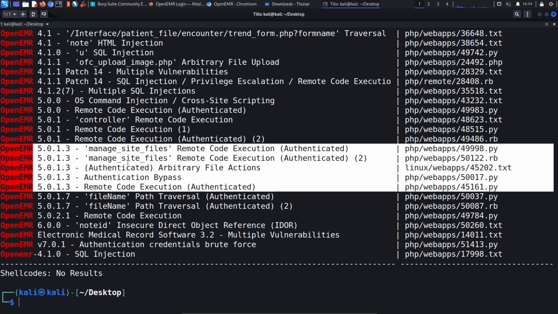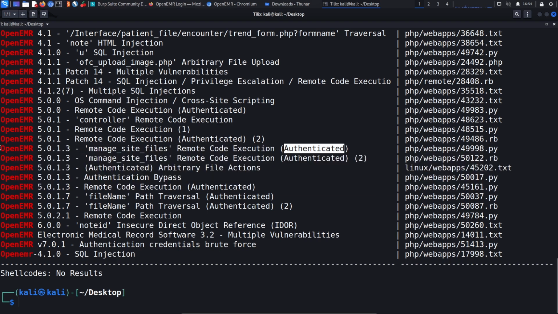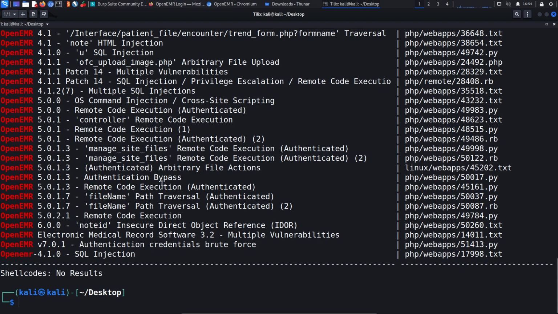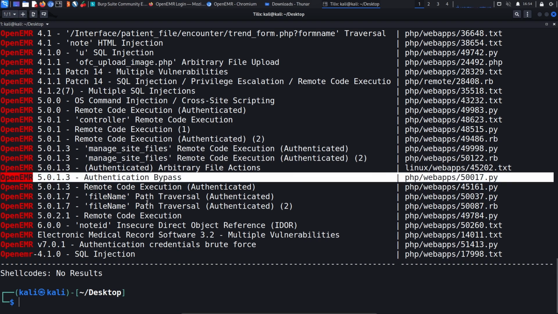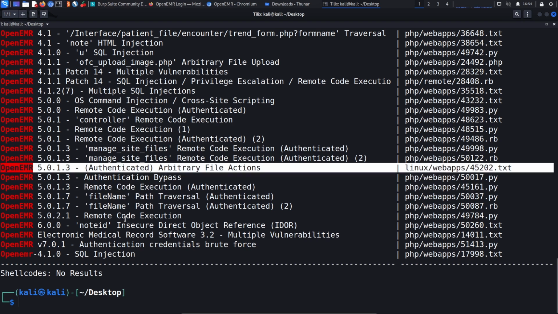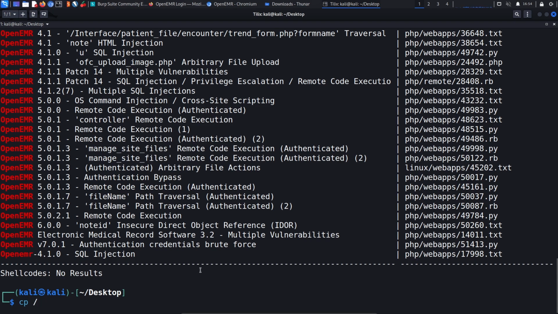And again, in our case, we're only focusing on directory traversal, but as you can see, we also have remote code execution, which most of these vulnerabilities for OpenEMR 5.0.1 variant 3 look like they are authenticated. So we have an authentication bypass, we have remote code execution. We also have this one here, which is authenticated arbitrary file actions, which is the one that looks kind of interesting here. So I'm going to copy it to my desktop by saying copy user share exploitdb exploits, and